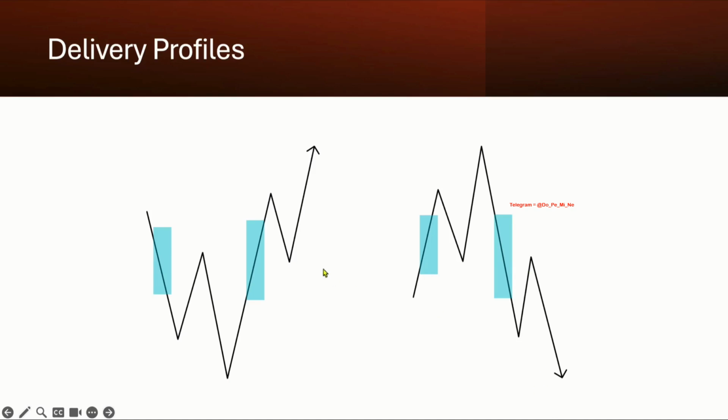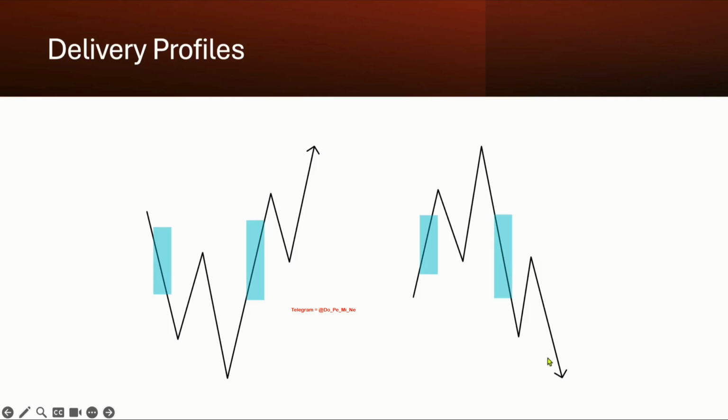So again, keep in mind that if you would count, you would get to the following. You would see buy side once, sell side, buy side. So now it's 2 buy side, 1 sell side again. So now it's 2 buy side, 2 sell side. But because this sell side delivery leaves an imbalance, we need to offer buy side once more and then expand lower. Because this CB has to get repriced into,